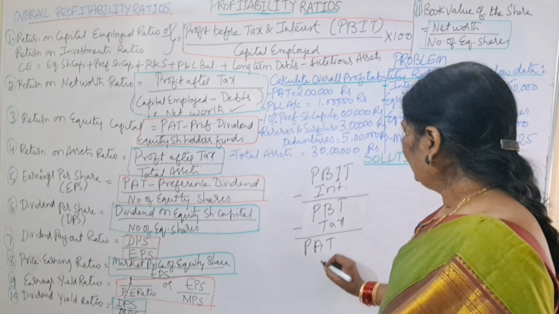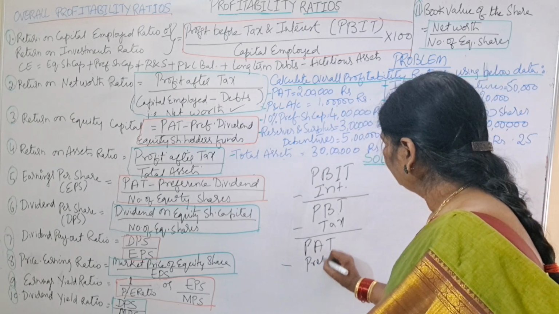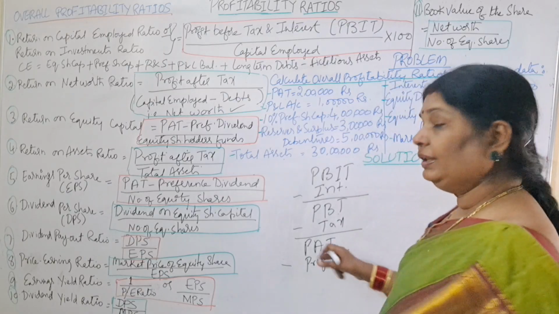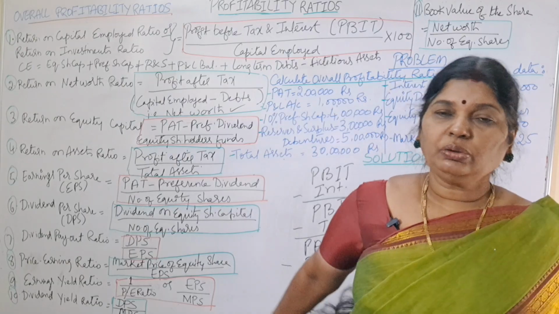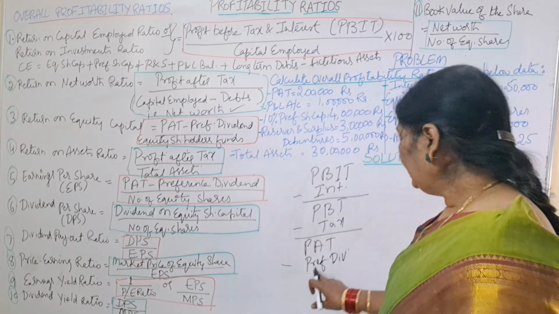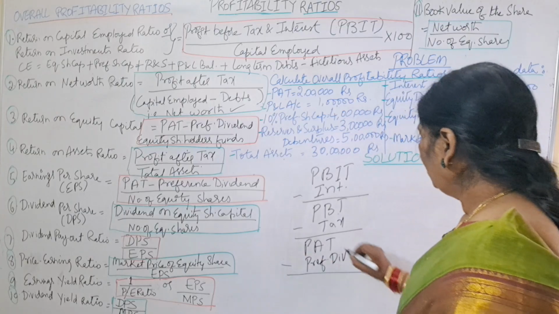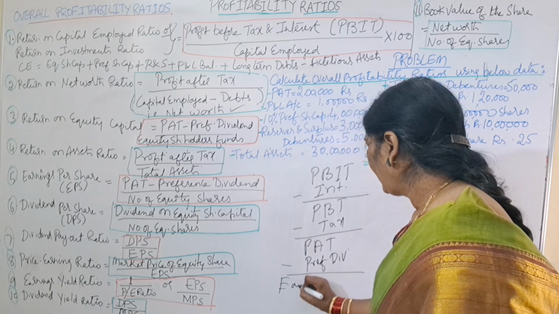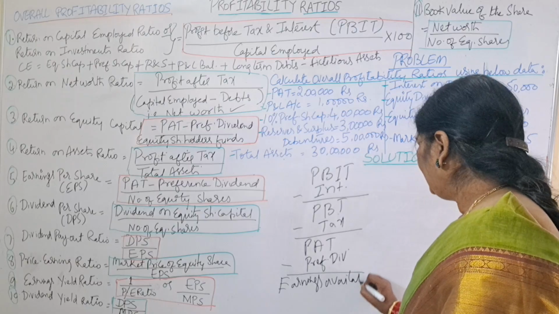profit after tax. From this PAT, we deduct preference dividend. Why? Because we will pay preference dividend only on profit after tax, that is, after paying interest to the debenture holders and after paying tax, whatever amount remains with us, on that we pay preference dividend. So PAT minus preference dividend, and the amount remaining with us is called earnings available to equity shareholders. Please understand this.